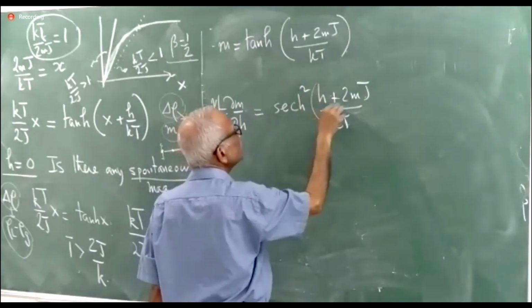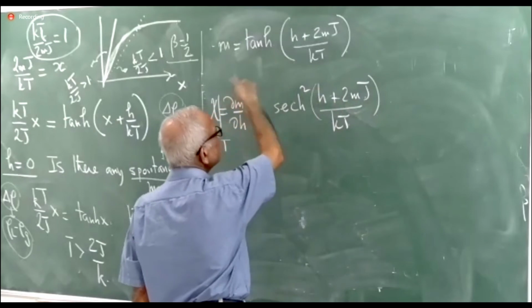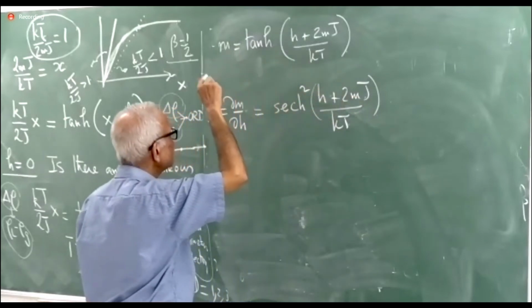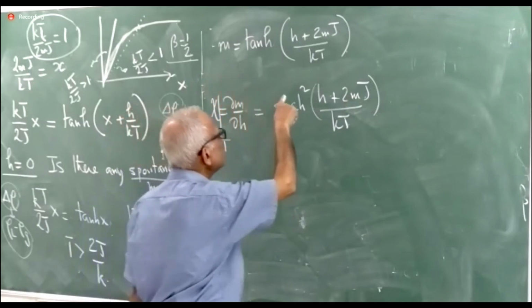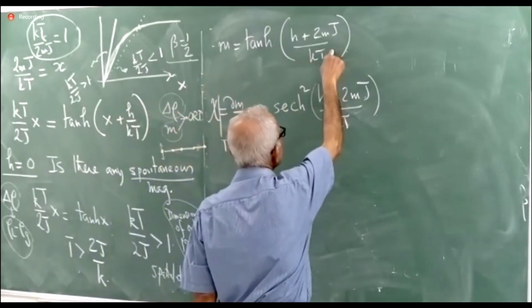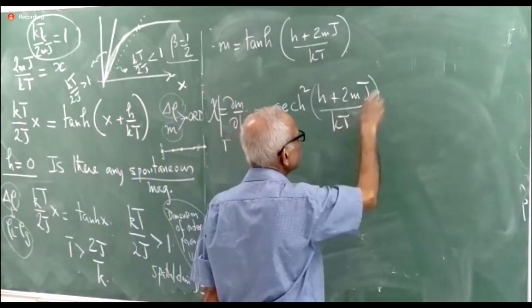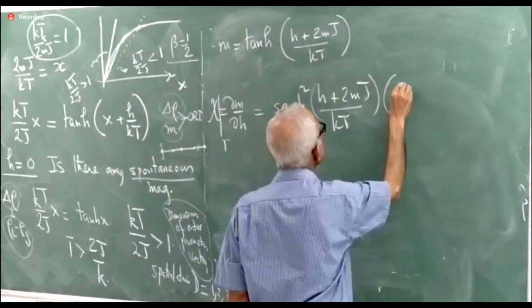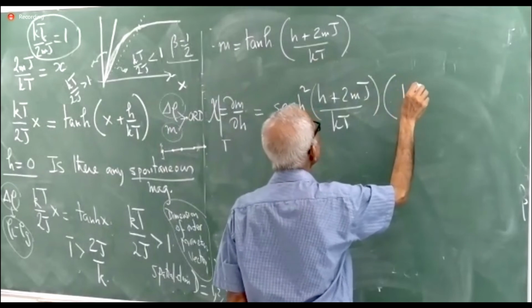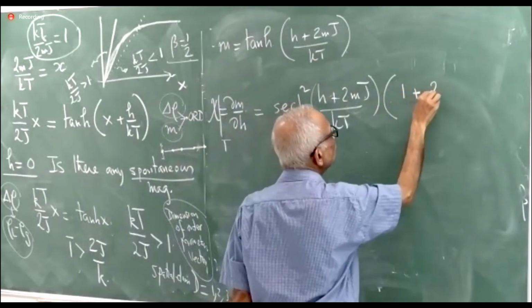The derivative of tan hyperbolic is sech squared hyperbolic of this, and then with respect to this, it is 1 plus 2